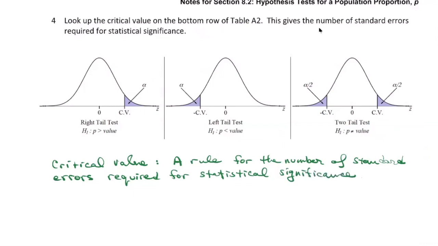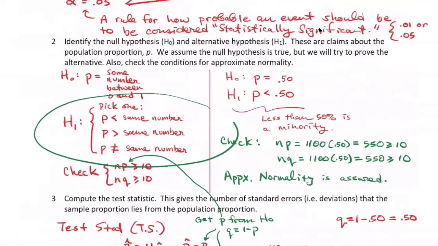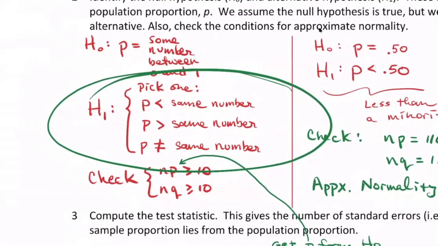And if you think about it, I'm going to go back up and remind you of the alternative hypothesis, which is what we're trying to prove right now. You're either trying to prove that P is less than some number like 50%, greater than a number, or not equal to a number like 50%. So if you're trying to prove that the sample proportion or the population proportion is less than 50%, you're going to need a sample proportion that's less than 50%. And being on the left of 50%, that would mean you're trying to find the probability of getting something that